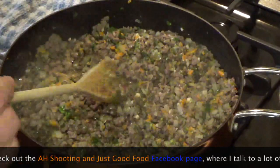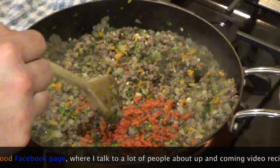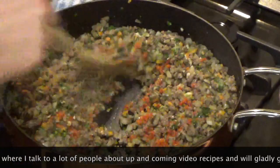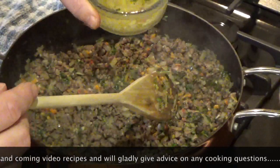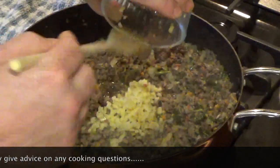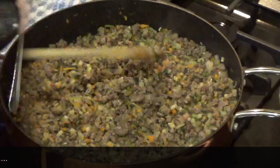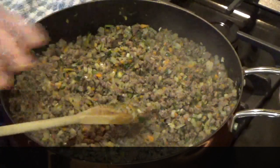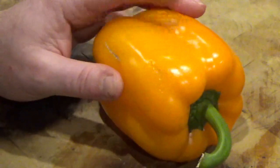Then I've got some smoked chorizo sausage here. I'll put that in. We're then going to go in with the finely diced potatoes. There's a little bit of water in here because I've rinsed them off, but you can put the water in. It will just evaporate. Mix it in. Okay, so I'm going to turn this down to a simmer now, just let it do its own thing. So what I'm going to do is